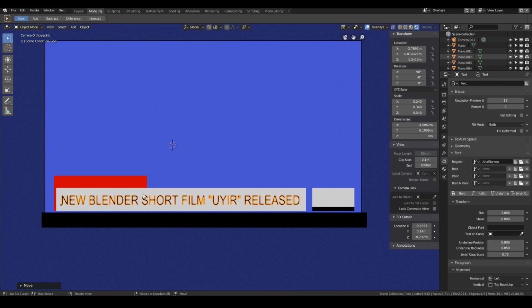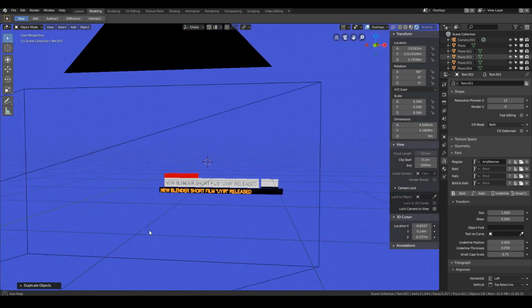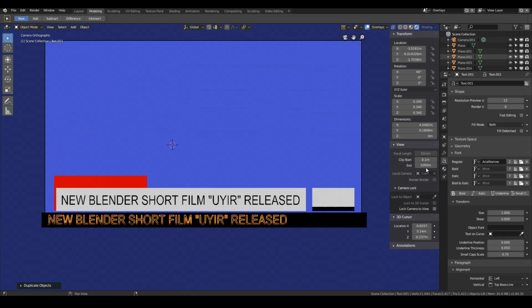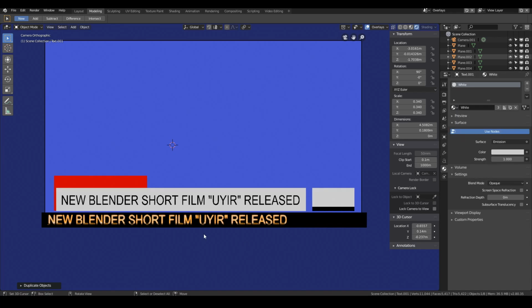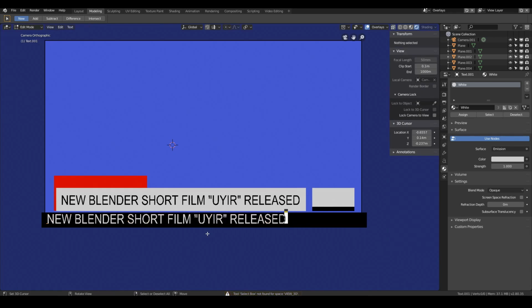Next, I'll just put in some random text at the bottom. So hit Shift D and put some text over here. I'm going to change this material to be white now. Okay, and this is just going to be our scrolling slider text. So I can change this over here and just add in some random stuff like,